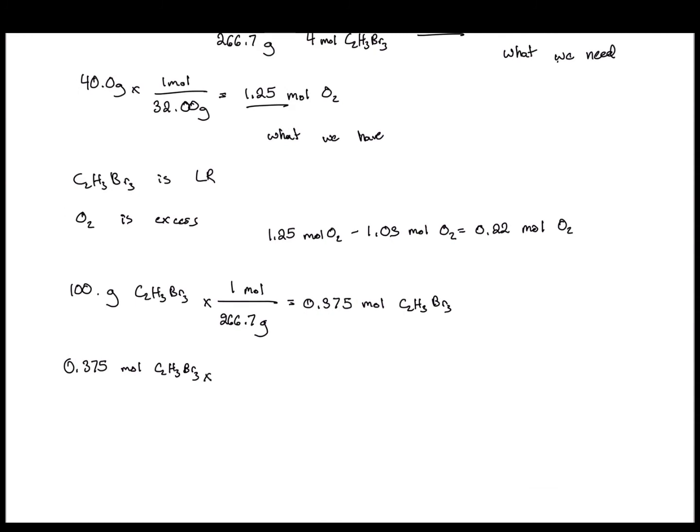So multiplied by 8 moles of CO2 per 4 moles of C2H3Br3, which gives us 0.750 moles of CO2 formed. Again, we started with our moles of limiting reactant, 0.375 moles